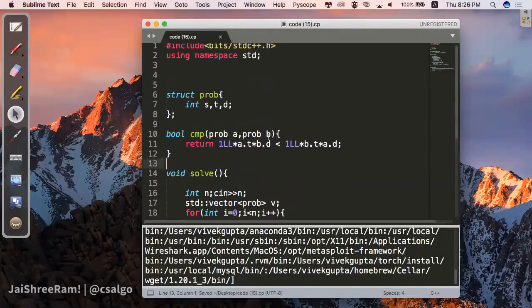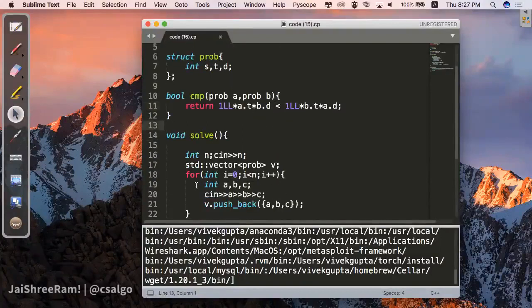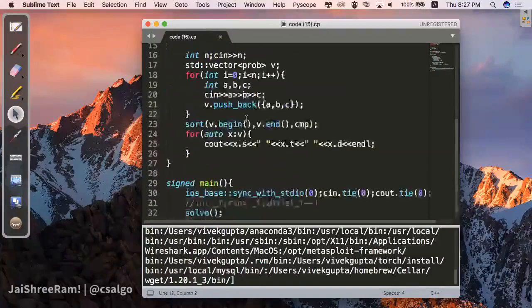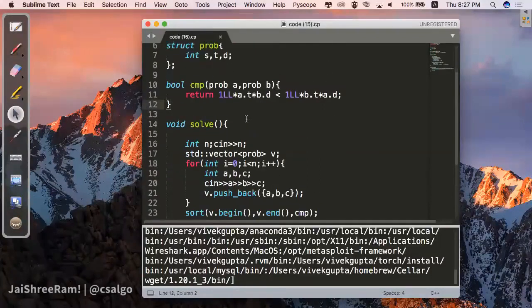So I think that was the main purpose. These are the two things. When you are comparing fractions, make sure you cross multiply. And when you have an equals in the expression, drop that equals. You don't need to consider that. It will get aligned side by side itself. If you give it equals, it will give you a TLE or wrong answer. So that was the whole purpose of writing this code. These two things you should be careful about.